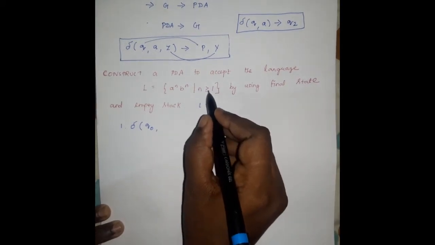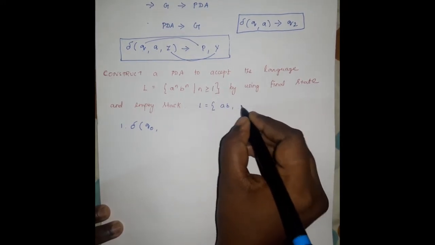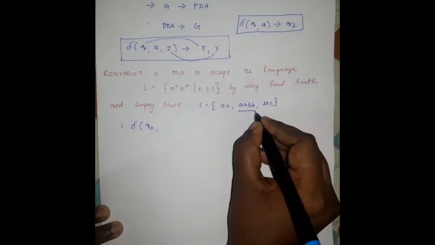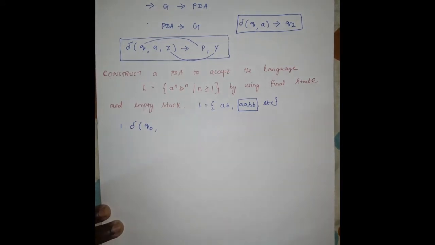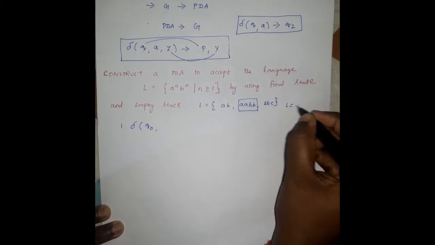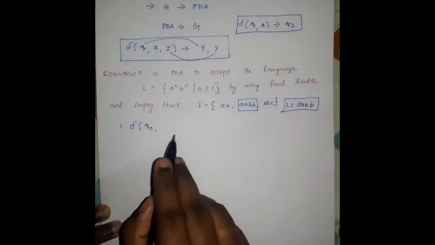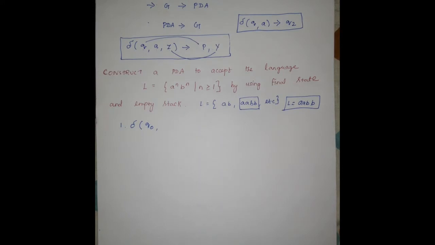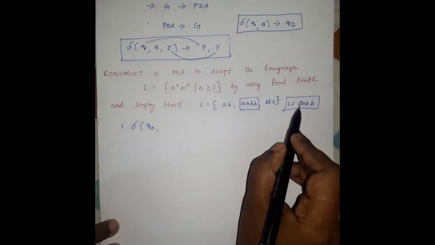Before that we have to write the language for this given context-free language. Here the condition of n is 1 and greater than 1, so the language is ab, aabb, and so on. Here I am going to take a string in the language to draw the push-down automata. The string I am going to take is aabb, right? Always the machine reads the input symbol from left to right only. So the current input symbol here is a.